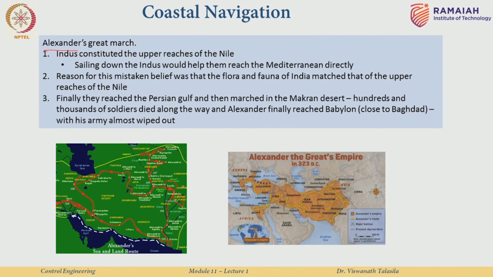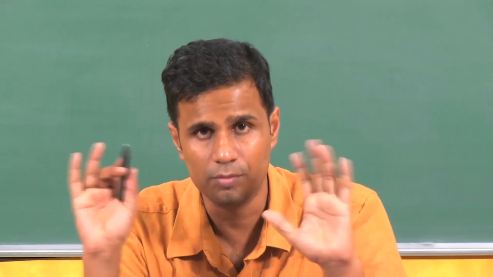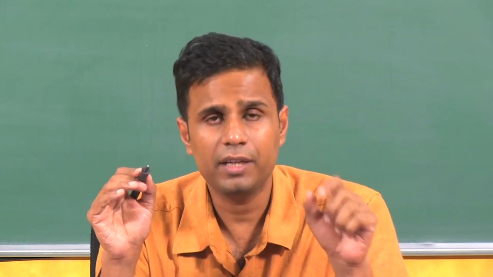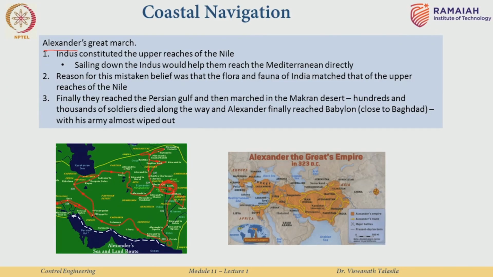There was almost going to be a rebellion among the soldiers. So, they convinced Alexander that okay, let us go home, enough, war is done. So, a decision was taken that from Takshila they would actually have to go back to Babylon, where the empire was. So, let us say Takshila was somewhere over here, and Babylon, which is modern day Baghdad in Iraq, was somewhere over here. Okay. And the idea was that Alexander and his army would actually navigate from Takshila to Babylon